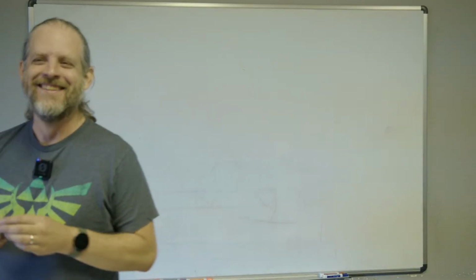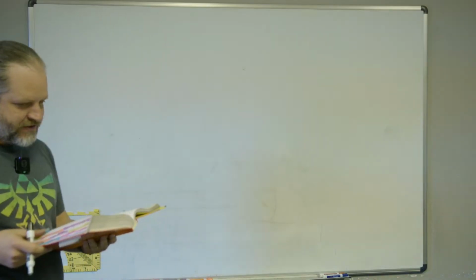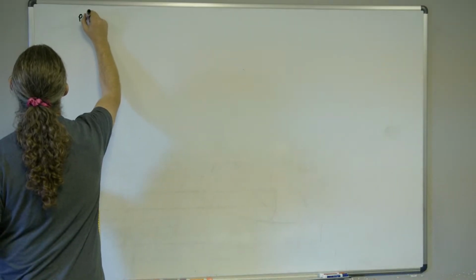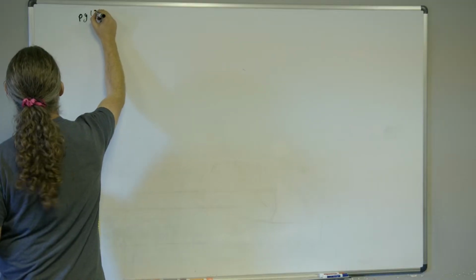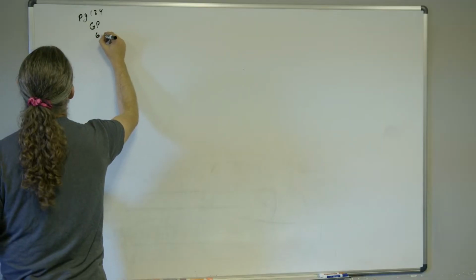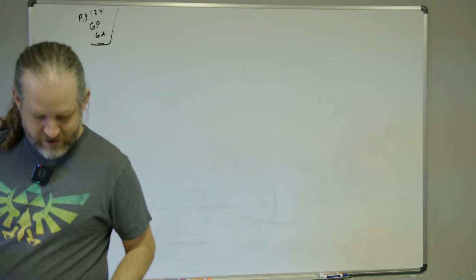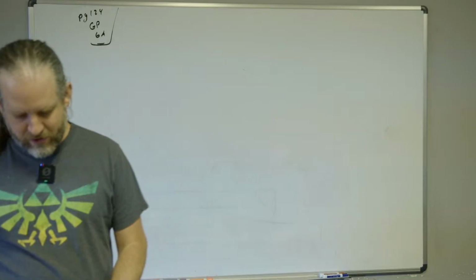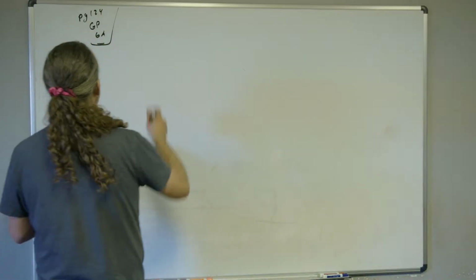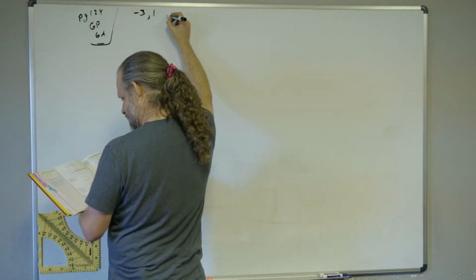So there you go. We are going to write a polynomial function of least degree. We're doing page 124, guided practice, 6A. We're going to write a polynomial function of least degree with real coefficients in standard form with the given zeros. The given zeros are -3, 1 with a multiplicity of 2,